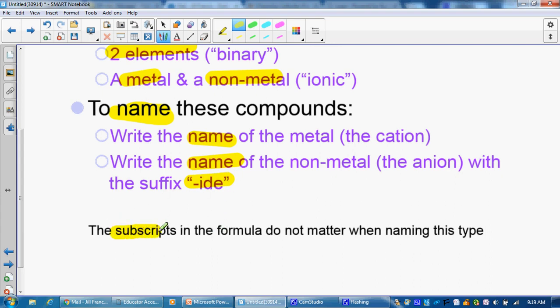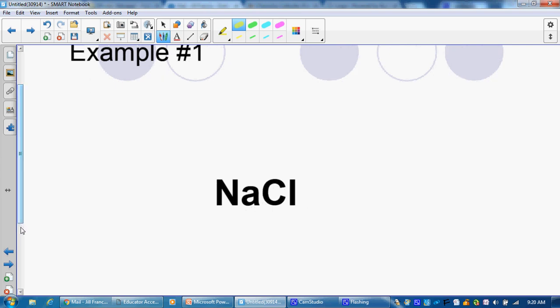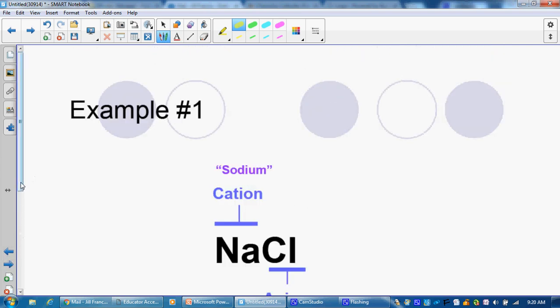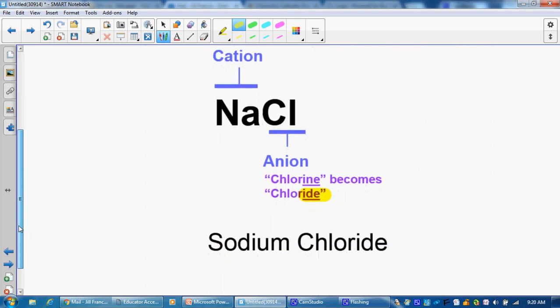Key thing to remember, the subscripts do not matter. Does not matter how many we have. We're writing the name of the metal down, and we're writing the name of the nonmetal with an -ide at the end. That's all you have to do to name these compounds. So if we have something like this, we would write down sodium chloride. Sodium is the name of the metal. It's the cation. Chlorine is the name of this, but we change the ending to -ide,